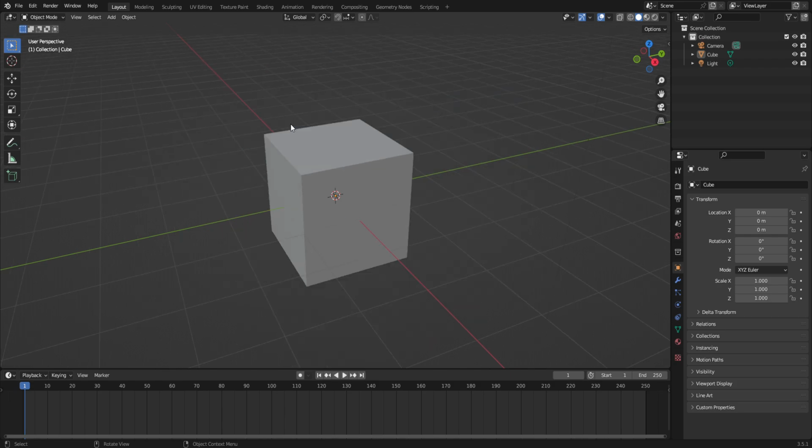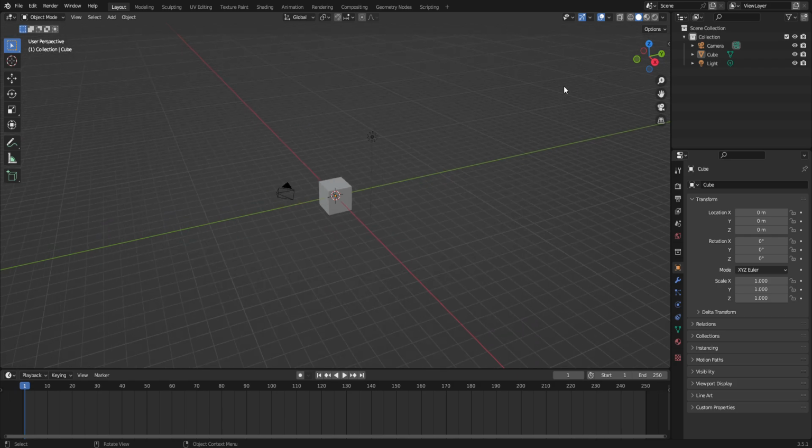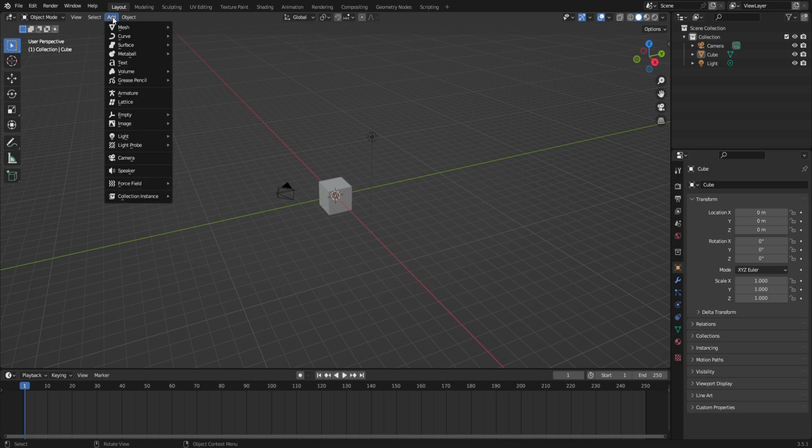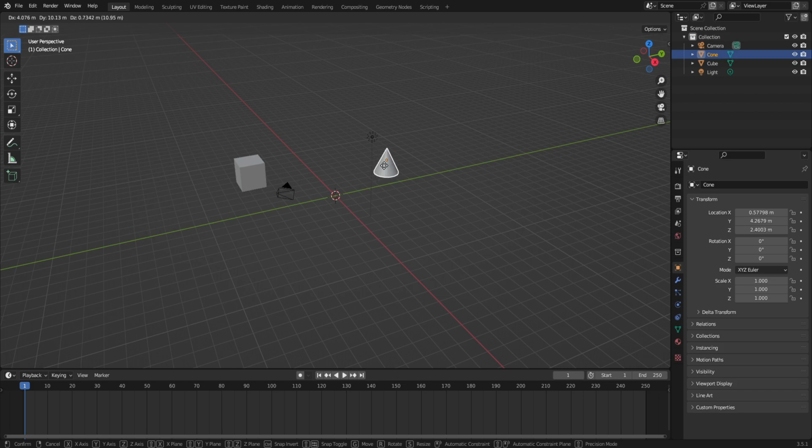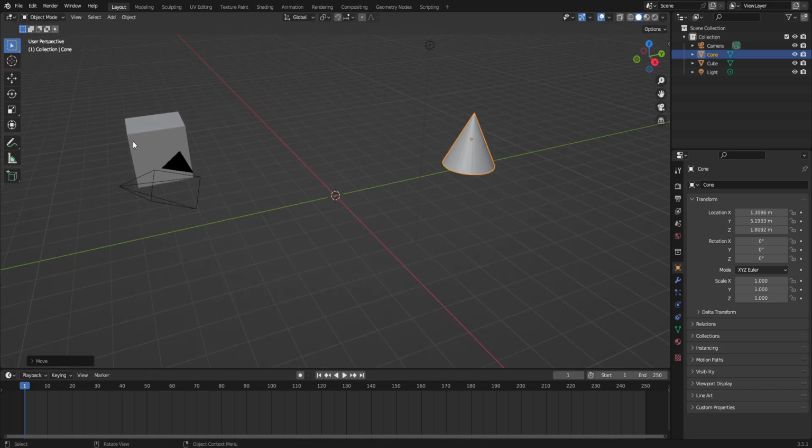So okay, here we got a cube. Okay, so let's make our set. I'm gonna go to add. How about we just add a cone, I'd say. Press G to, no, not the cube. Well, we could do that, but where's our cone? Okay, so here we're gonna put our cone here,